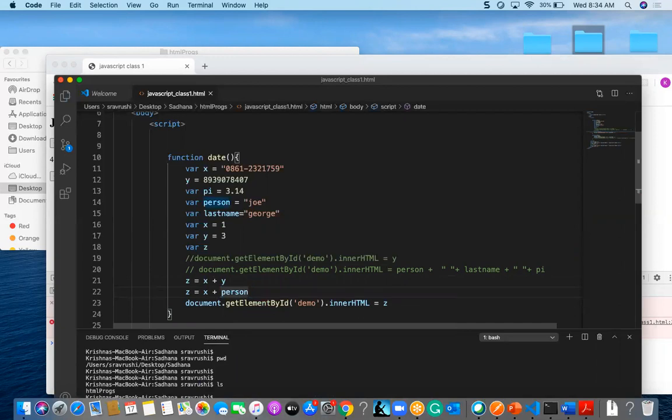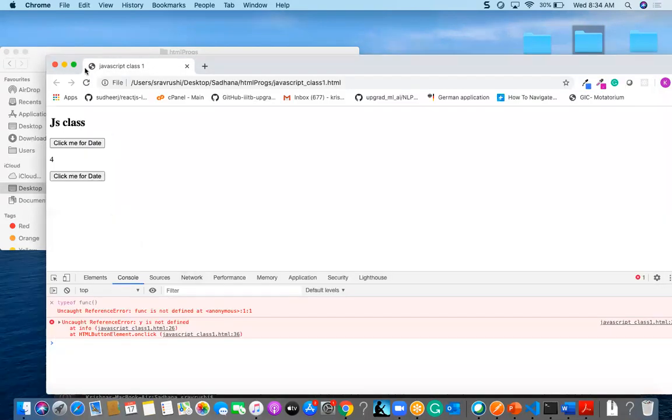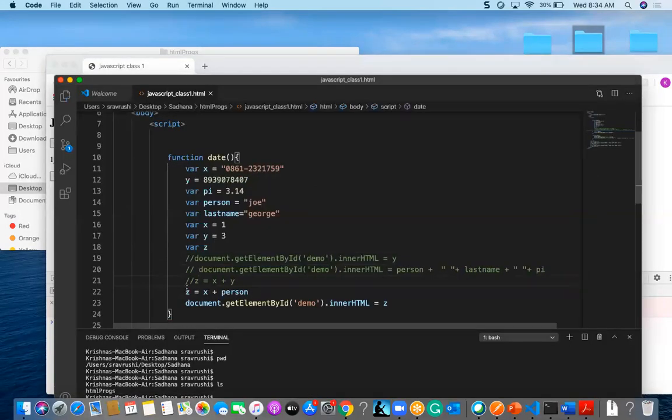Okay, I'm going to concatenate one numeric and one string. At this point I will be finding a numeric preceded by a string. So let me concatenate like this, x plus y plus person.